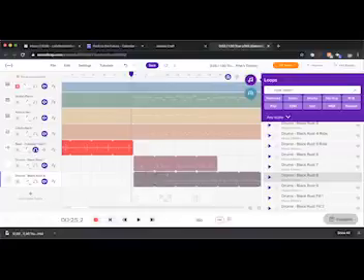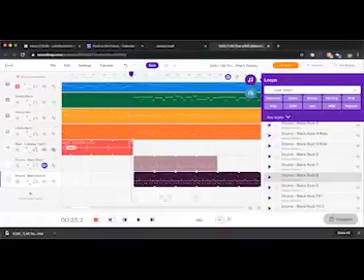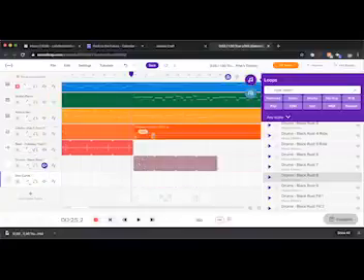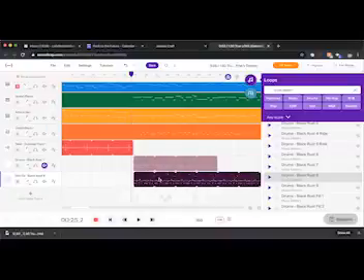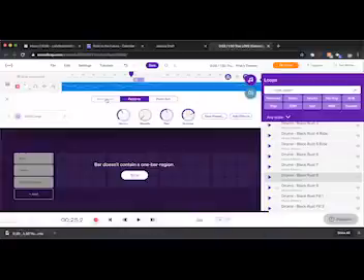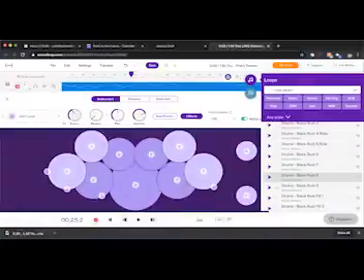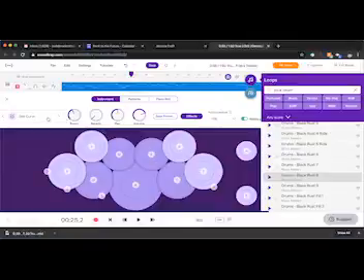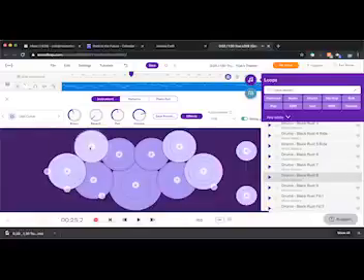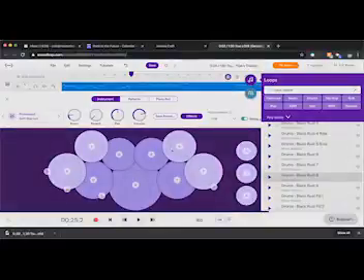let's see if I can do it. Oh, all right. It's not letting me. Okay. Well, what we can do is go into our drum sound right here. And this is a certain type of drum sound, right? This is what my hi-hats sound like, all these kind of things. But I can change it, right? You can change the sound of this to more of an electronic hit. Okay.